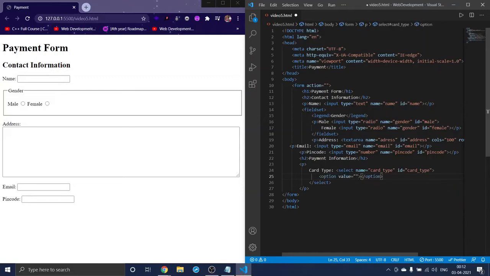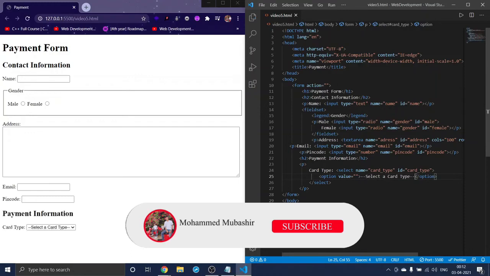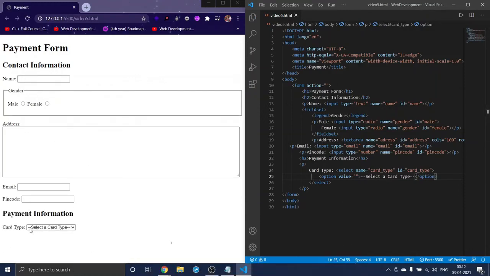I will leave the value of the first option empty, and I'll write something like select a card type. And when you save this, check this out. When a user comes to our payment form, the user will see this select a payment card type, and when he clicks on this, he will see different types of cards here.